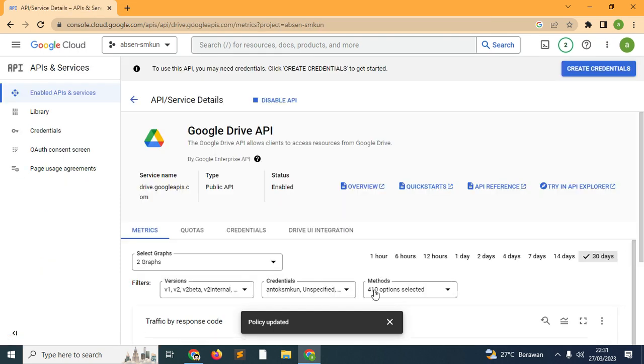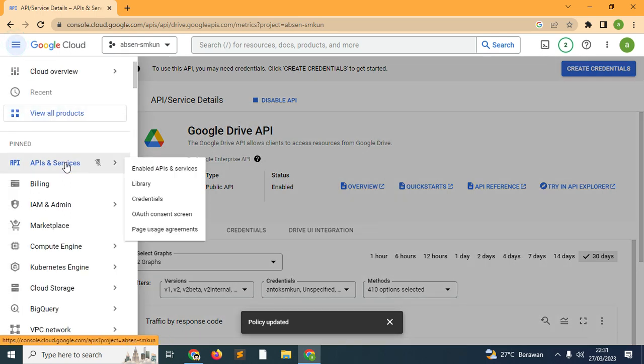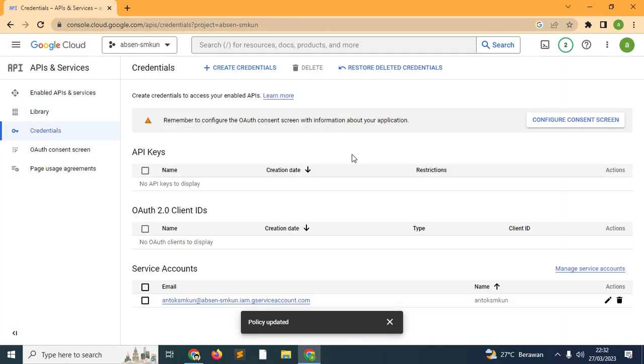Now we have to download our credentials. And to do that, we have to go to the left panel. So I click on this button and then we go to APIs and services and select the option that says credentials. So I click on credentials and then, well, I'm going to wait some seconds. And after this, we have to go to the option that says service account. So it's the last one. And here we're going to see our client email. This is the email that we're going to use